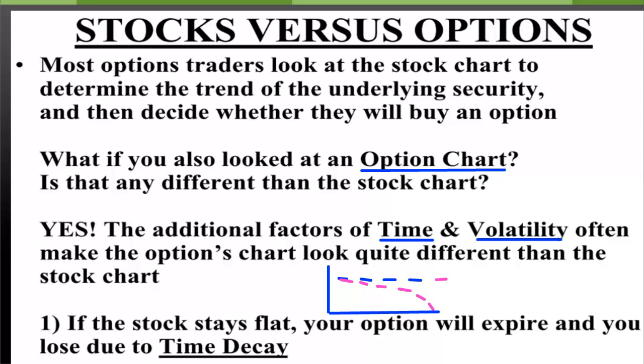Now, Elizabeth says, when I say lose, do I mean expire worthless? If you buy an at-the-money option, a 50 strike call when the stock's at 50, yes. If it doesn't move at all, stay stuck at 50, you're going to be risking your entire option premium getting eroded due to what we call time decay. But if you buy the 45 call and you pay $5.50 and it's worth $5 intrinsically, if it doesn't move, you're only risking that final 50 cents of the $5.50 as the time value, or some people call it extrinsic